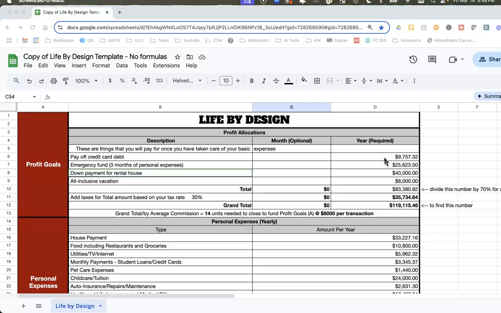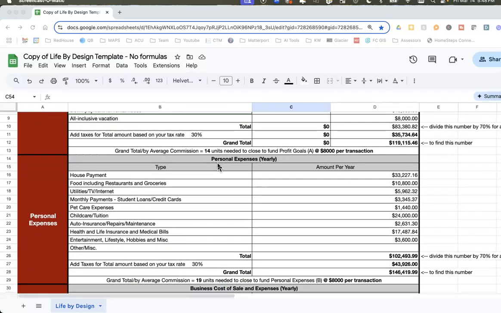So do what you will, but I like to have accurate numbers. Next, we're going to have an emergency fund. I'm going to use 3 months of personal expenses. If you look down here, you'll see that my annual personal expenses is $102,000. And if I divide this by 12 months, I find my monthly amount, and I multiply that times 3, and